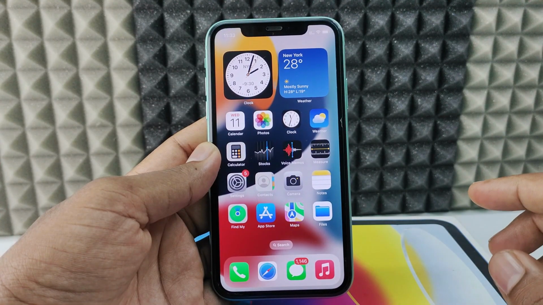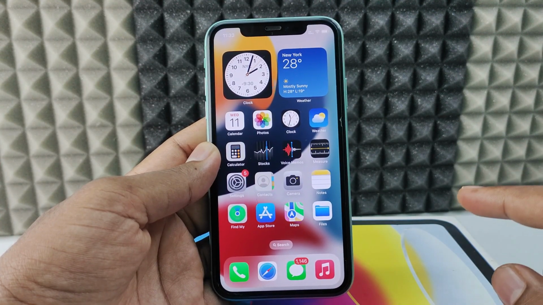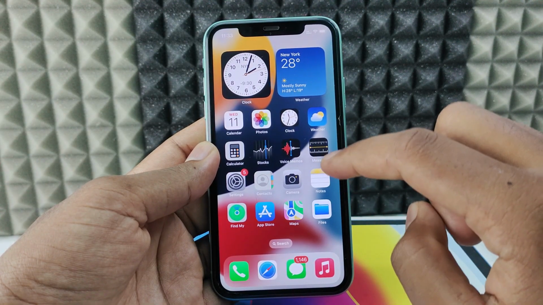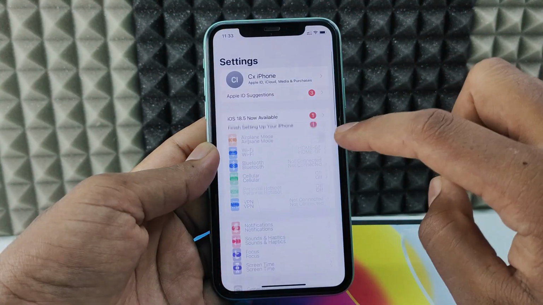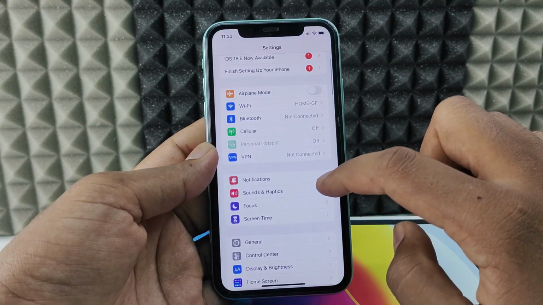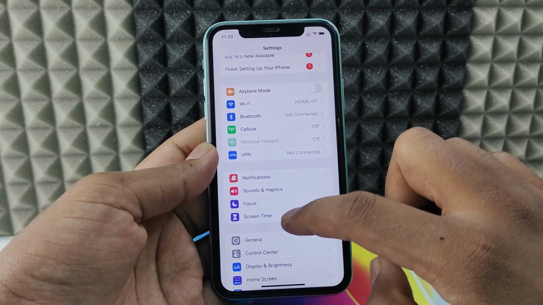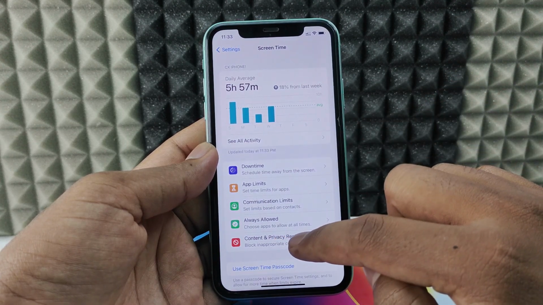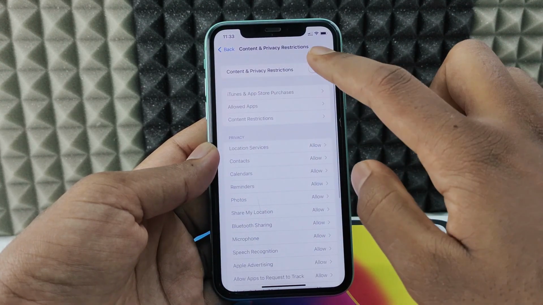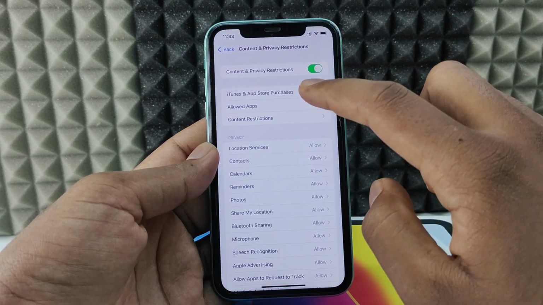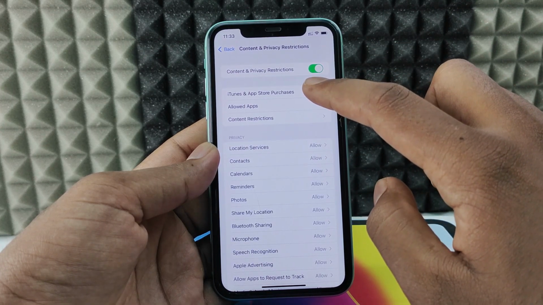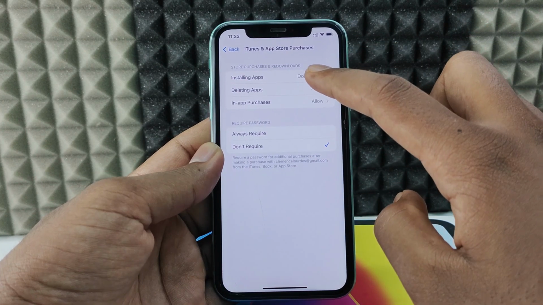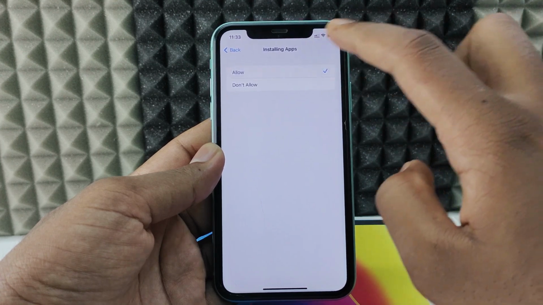If you want to download the Pinterest app on iPhone, first you need to turn on some settings. Open the settings and just scroll down and open Screen Time and make sure it's turned on, and Content and Privacy Restrictions. Turn on this and open iTunes and App Store Purchases, and here just tap this and click Allow